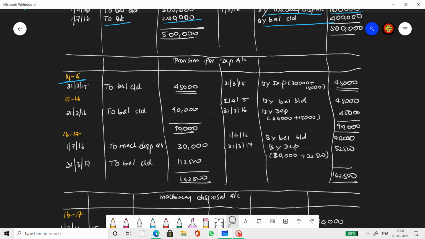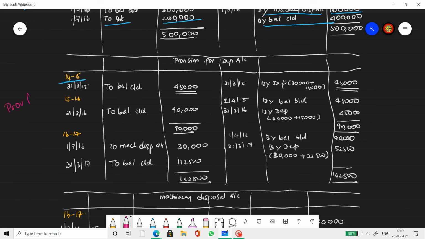Next year the depreciation is the same, 30 and 15, so 45. Hence this forms the closing balance, which is the opening balance of the next year. Now we are stepping into the third year, where the asset is getting sold off. One asset whose worth is 1 lakh. Now I need to take the accumulated depreciation of this asset and put it to a disposal account. Provision for depreciation account is a liability account. Generally you have a liability credit balance, so when you decrease, you debit it.